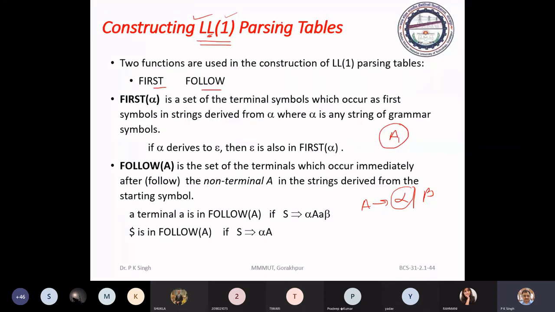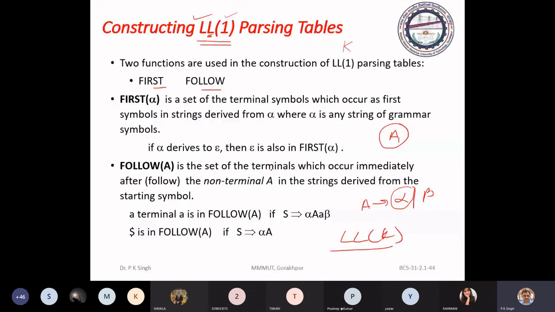If you are considering K symbols for deciding the parsing action, for generation of a certain string belonging to the grammar, in that case that grammar is called LLK grammar. So perhaps now it is clear what LL1 and LLK grammar are.